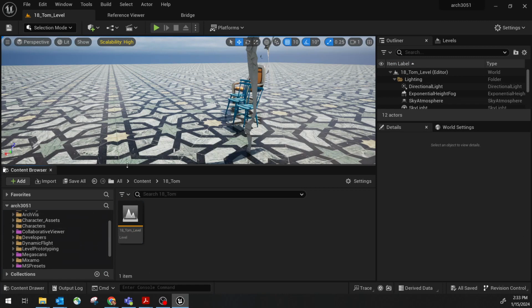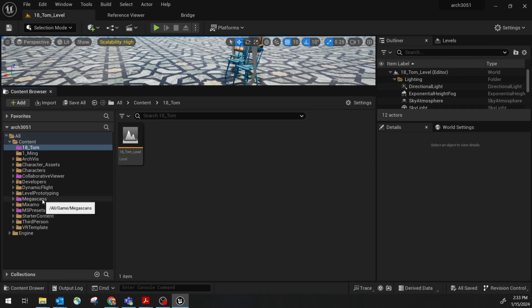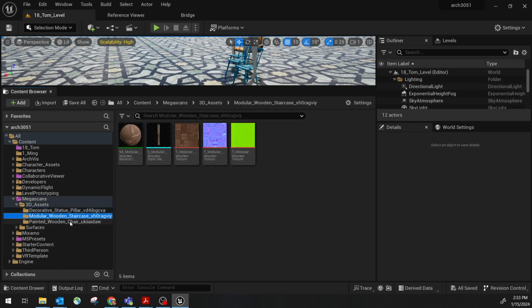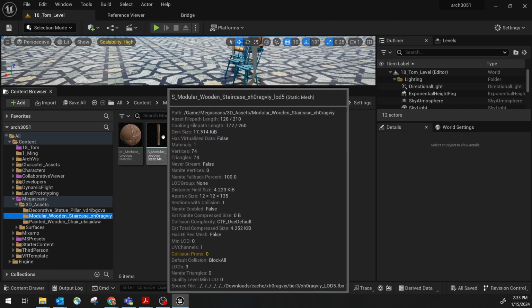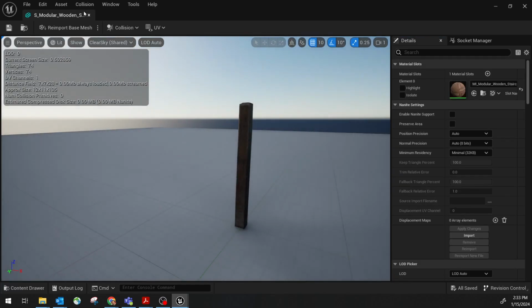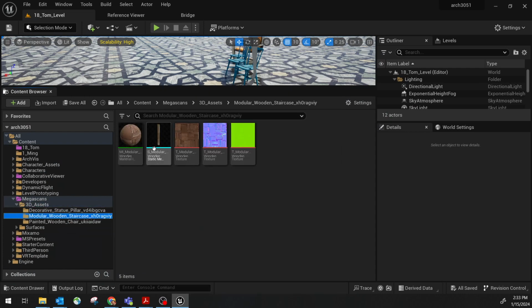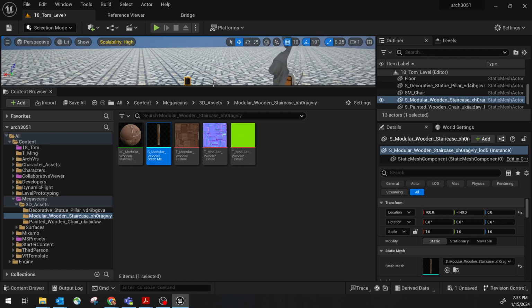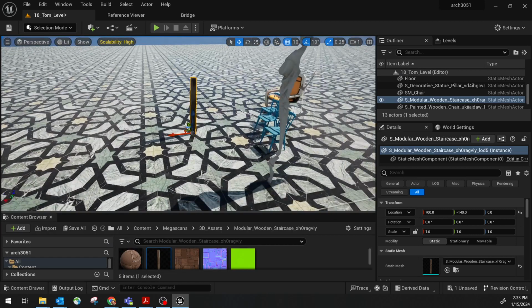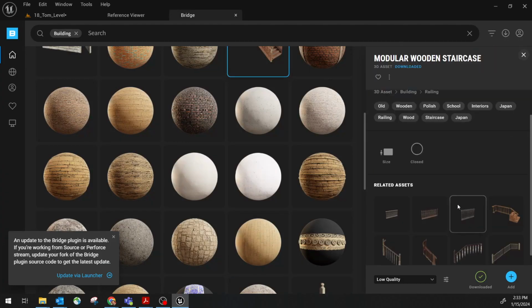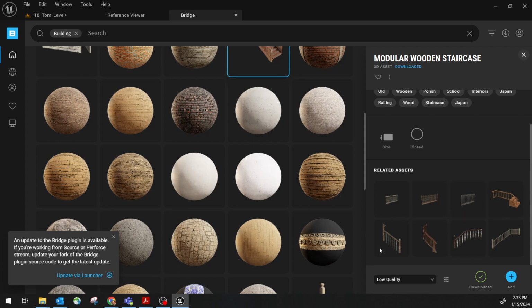Right? So you can see this will show up in my local Unreal project, Megascan folder, right? 3D asset, and you have this large sculpture. Oh, this is only in the staircase. I thought it's the entire staircase, but it just came in as a column. That's weird. Oh, because we didn't choose the pieces here, right? That's kind of weird. But anyway,